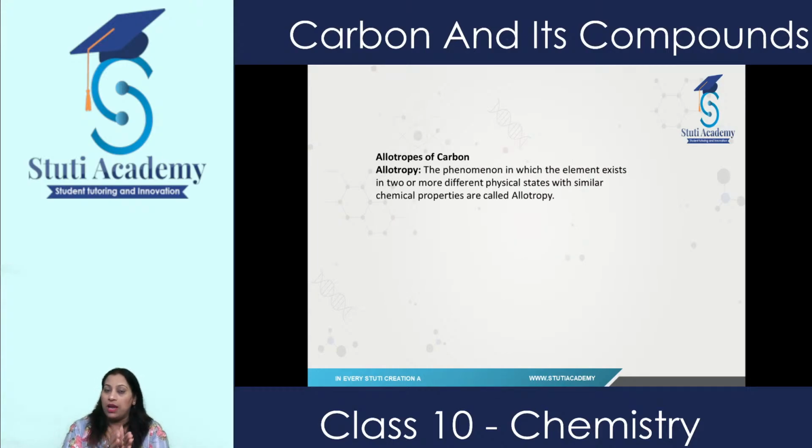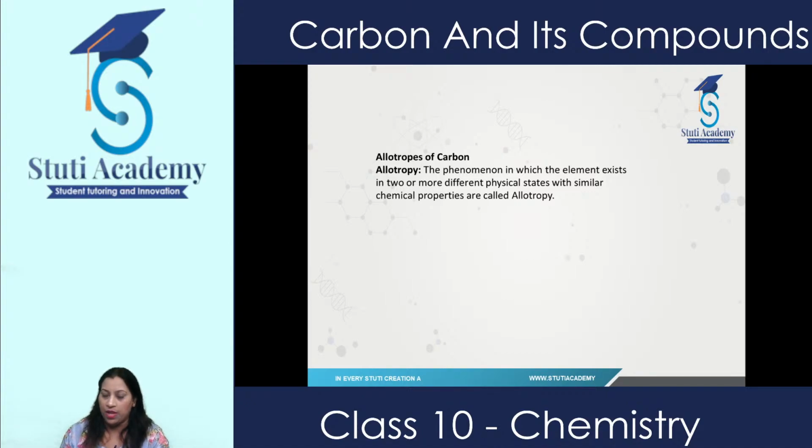But the different allotropes of carbon are there. I'll discuss these allotropes in detail later. So first, let's consider allotropes of carbon. What are allotropes? How can we say that an element exists in an allotrope form? See, if an element exists in nature in two or more forms, we say that this process is known as allotropy, and the substances which are present in nature are known as allotropes